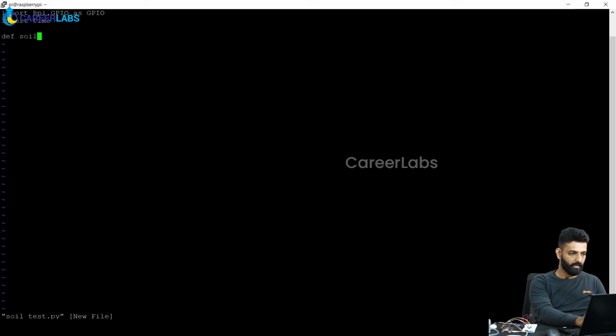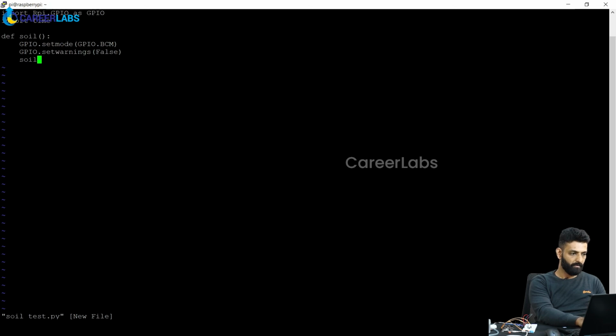So here I'm creating a small function and calling it soil. And inside this function, I will be reading the value which is coming on the GPIO pin. So first we need to set the mode, set the GPIO to BCM mode of the Raspberry Pi. Next I will set warnings as false.